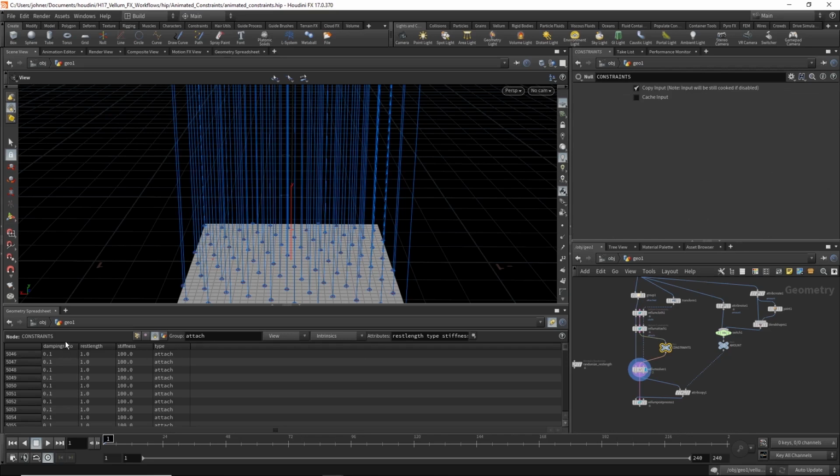So they've got things like stiffness and a constraint type. We're just looking at the attached group here. Rest length and damping ratio. So we're just changing those primitive attribute values. What's nice is, of course, we've got lots and lots of ways to change attribute values. We can do it in Vex, we can do it with attribute randomize, or there's all sorts of ways to